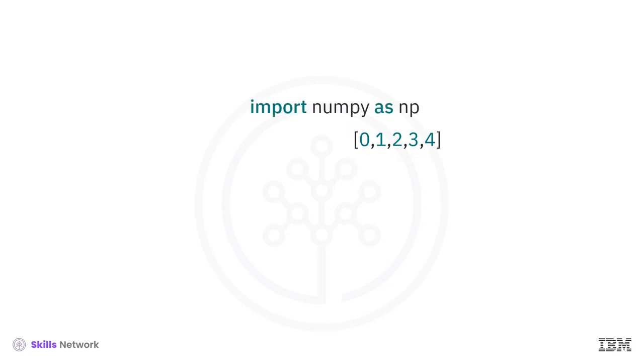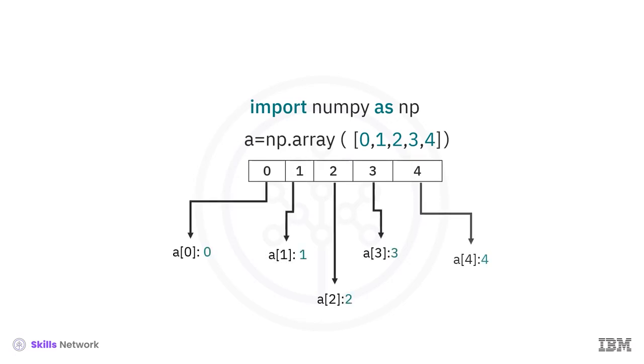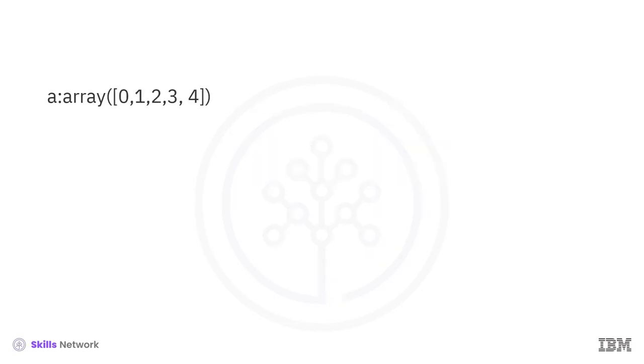We can cast a list to a NumPy array by first importing NumPy. We then cast the list as follows. We can access the data via an index. As with lists, we can access each element with an integer and a square bracket. The value of A is stored as follows. If we check the type of the array, we get